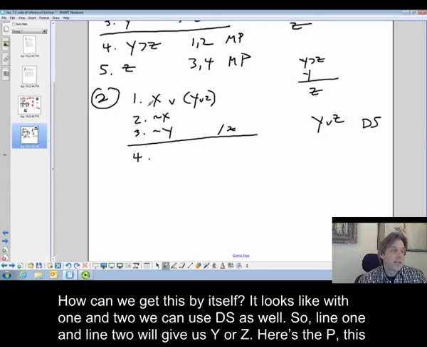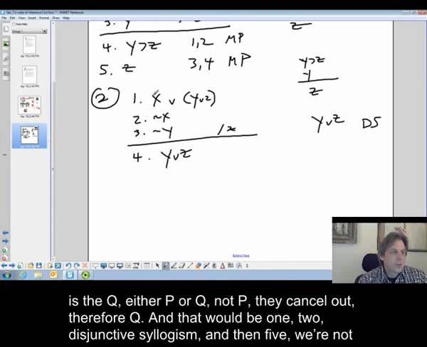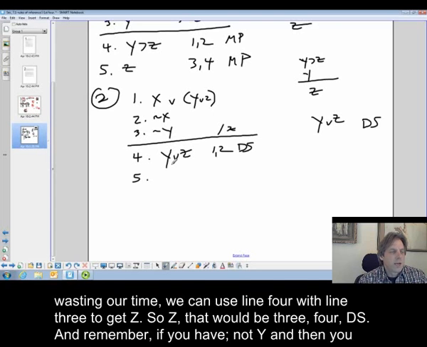How can we get this by itself? It looks like with 1 and 2 we can use DS as well. So line 1 and line 2 will give us Y or Z, right? Here's the P. This is the Q, either P or Q. Not P. They cancel out, therefore Q. Okay? And that would be 1, 2, disjunctive syllogism. And then 5, we're not wasting our time. We can use line 4 with line 3 to get Z. So Z, that would be 3, 4,